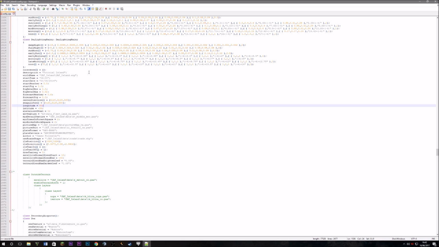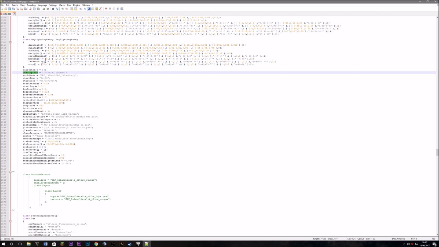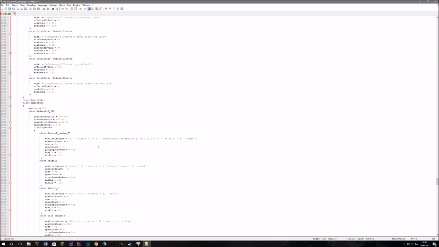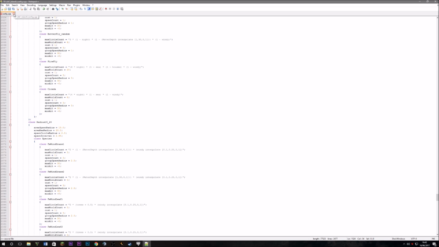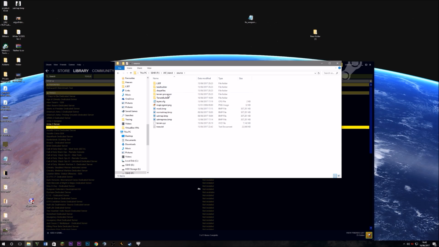The next thing you're going to need to do, I think, is the description. Yeah, this is what it's going to be named in-game, so if you want to change that, you have to rename it, so Jaff Island. This is how it will be named in-game when selecting the map. Okay, yeah, that's all you have to do in the config, to my knowledge. So I'll just export that. Now if we go in the source,